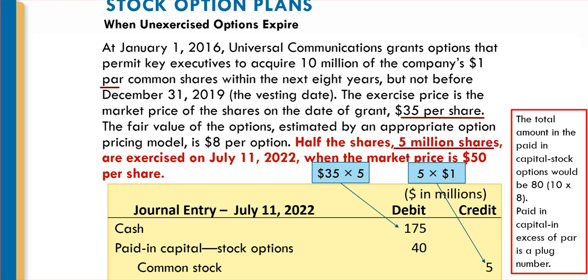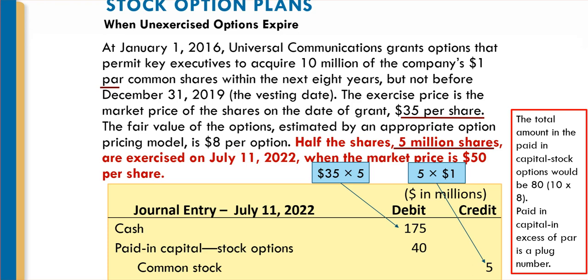Now, common stock will be issued, and common stock will be issued based upon par. It's always issued times par, right? So I have those 5 million, half of the 10 million, 5 million at $1 par. The paid-in capital in excess of par account, I apologize, you cannot see the other credit in this. The paid-in capital excess of par on this journal entry needs to be 210 million.